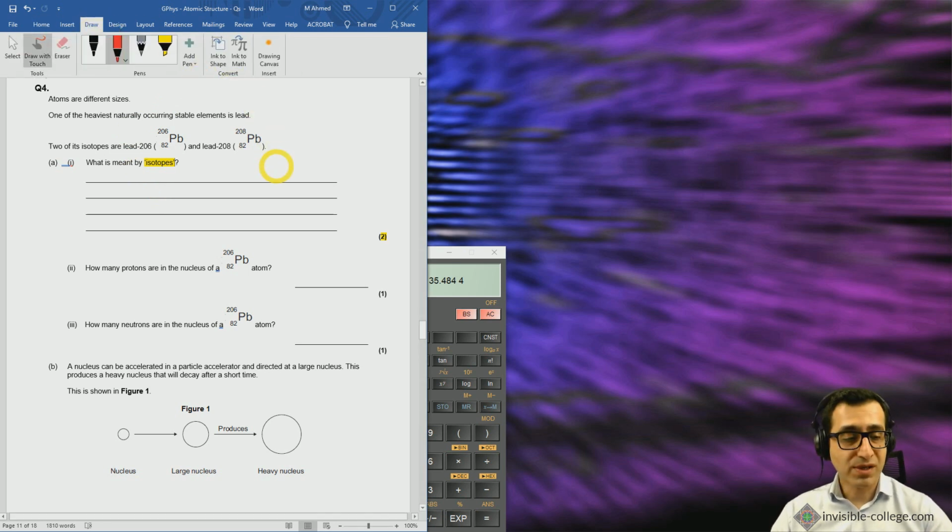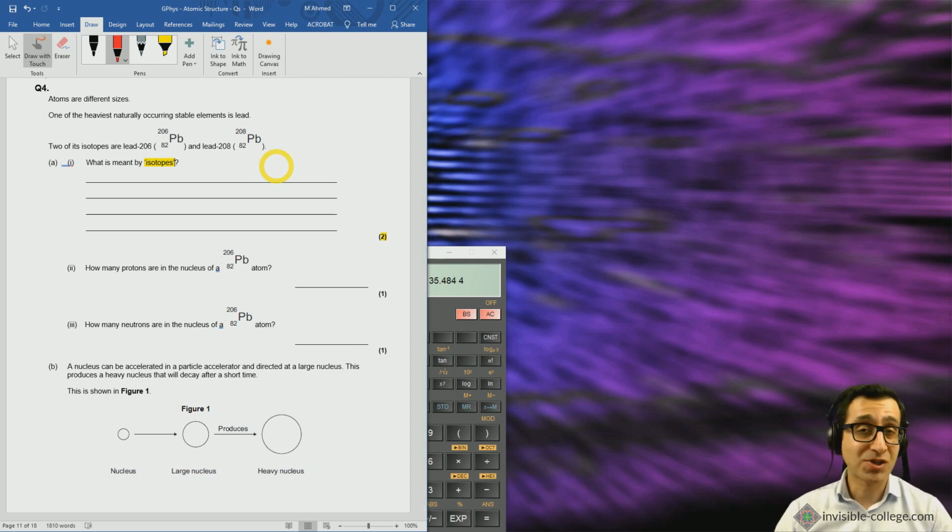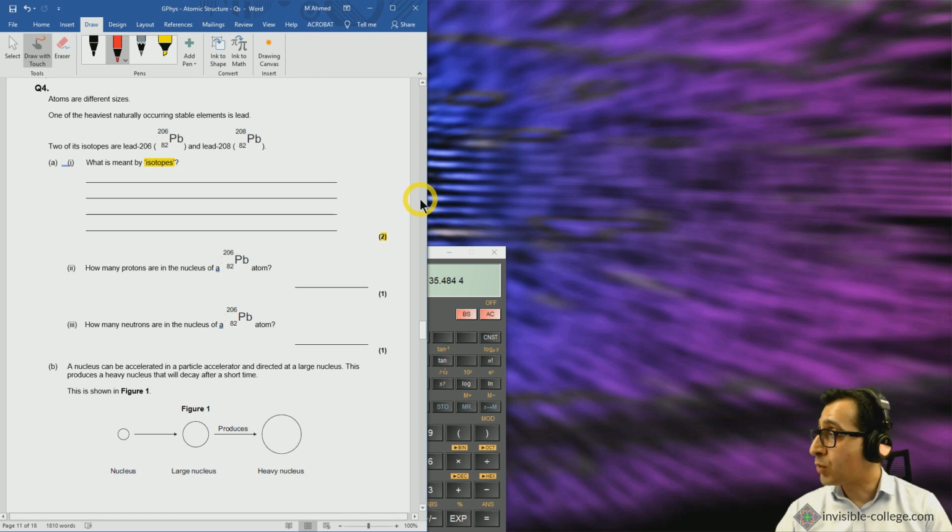Now this is another one of those cases where I'm going to repeat one of my mantras. Memorize not just your equations, but also the definitions for the key terms, because a lot of marks are available in exams for simply being able to write down the correct definitions. So a very easy, simple way of writing down the definition for the term isotope is to say that isotopes of an element are atoms of the same element